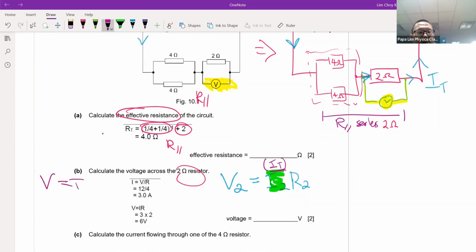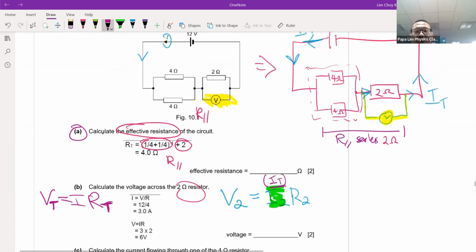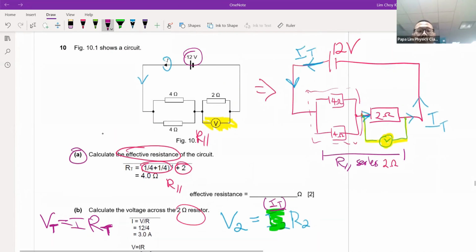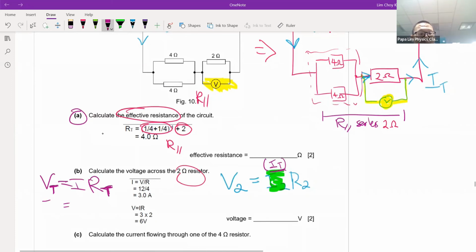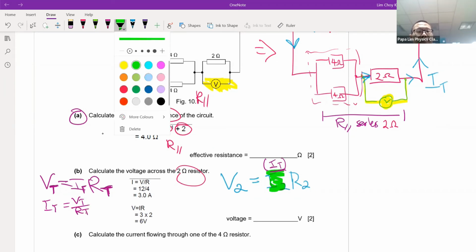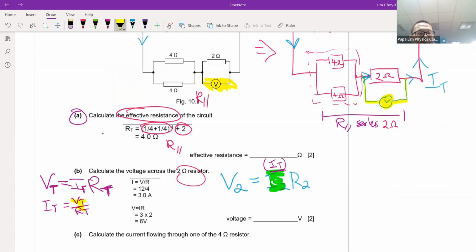Why? Because I actually know the total resistance in the circuit, which is part A. I also know the total EMF or total potential difference in the entire circuit, which is the EMF of the battery. So with this, I can calculate the current IT. IT will be VT divided by RT, which is 12 divided by 4, which is 3 A. So once I know this is 3 A,